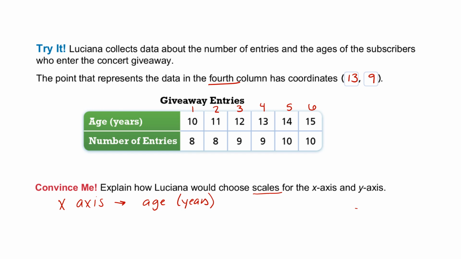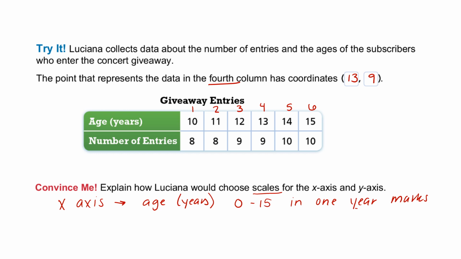And so when we choose our scale, we could choose a value of 0 to 10 in 1 year gaps, 1 year marks. So that would go 0, 1, 2, 3, 4, 5, 6, 7, 8, 9, 10. And we would go all the way to 15 because that is our top value, 0 to 15 in 1